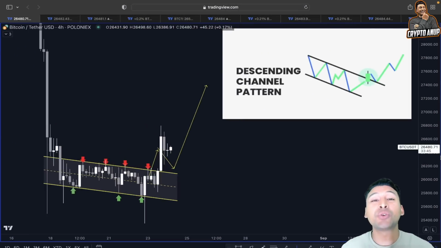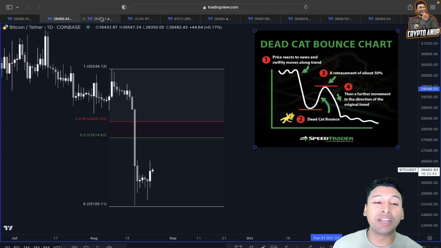So before I start talking about these interesting scenarios that are being flashed looking at the price action of Bitcoin in a different time frame,